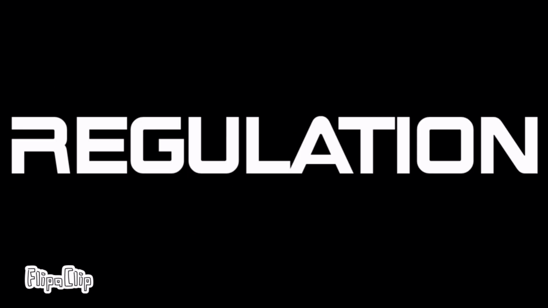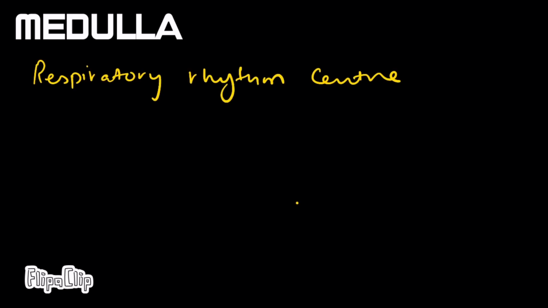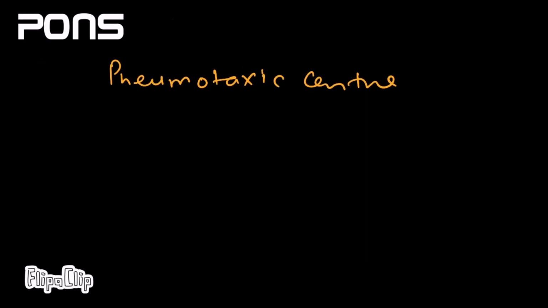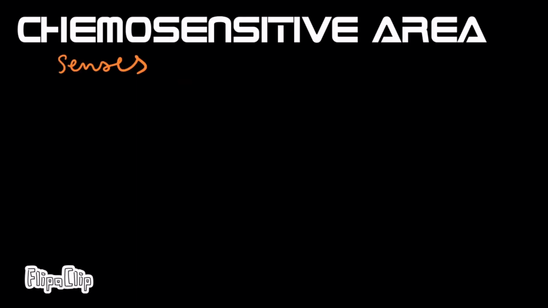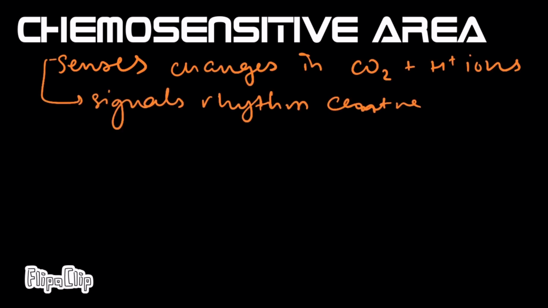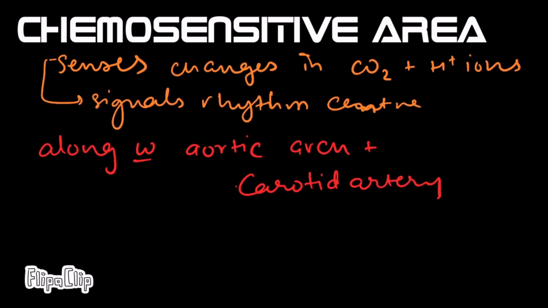Regulation of respiration. The medulla, also known as the respiratory rhythm center, regulates rhythm. The pons, also called the pneumotaxic center, moderates the function of the medulla and reduces the duration of inspiration. The chemosensitive area senses changes in CO2 and H+ ions and signals the rhythm center, along with the aortic arch